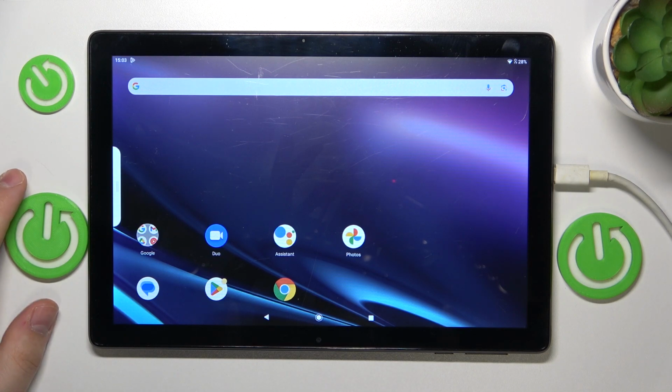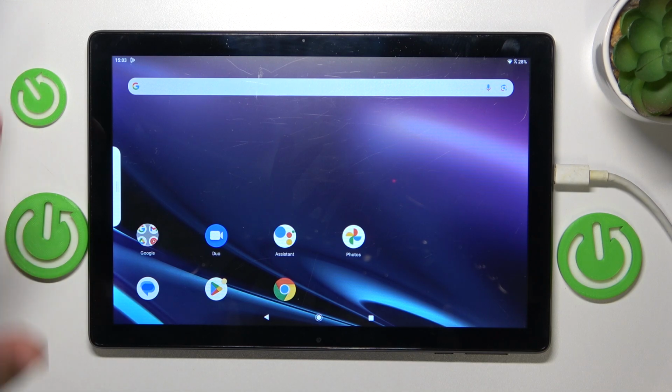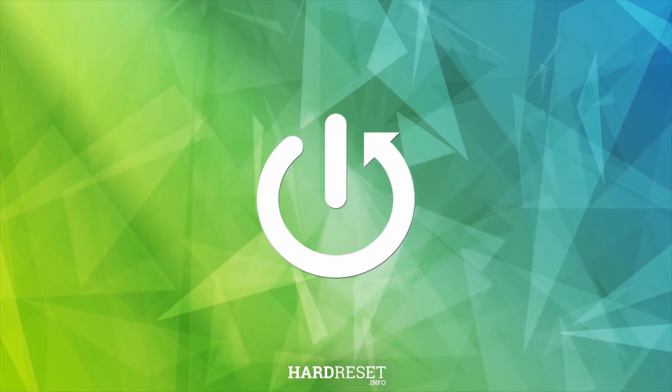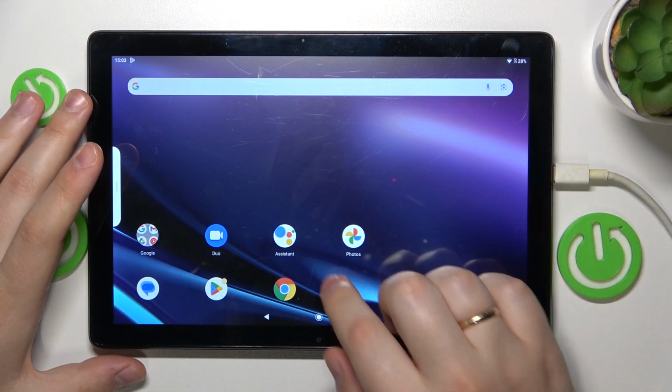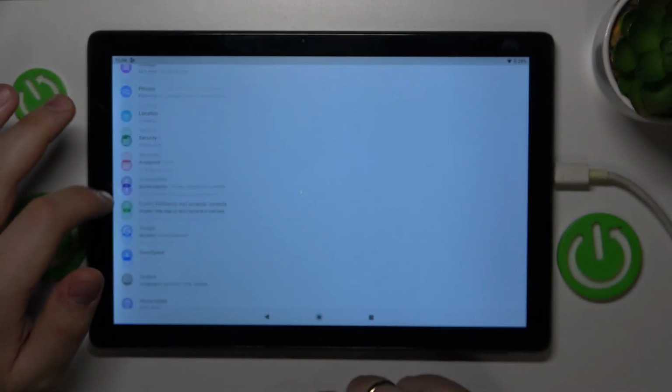This is ALCATEL T110 Smart, and today I will show how you can set up parental controls for this device. So to start, you will need to launch Settings, then enter the Accounts category,